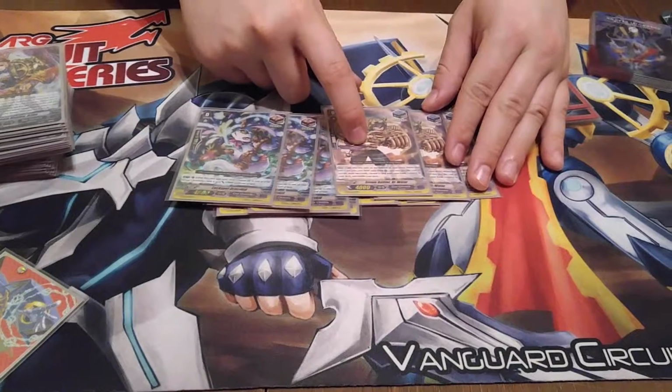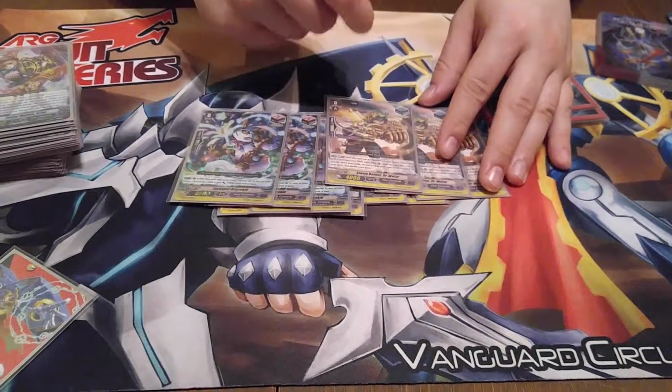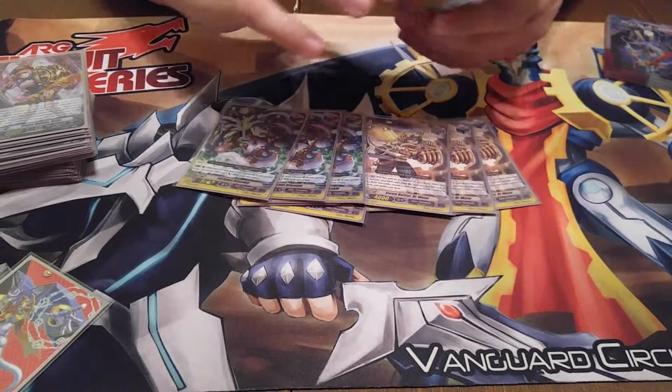Draw 2 cards, put this on the bottom of your deck, draw 2 cards, take a card from your hand, put it in your deck, shuffle your deck. So he is pretty good in the deck. I actually like him now. Then of course 2 of those